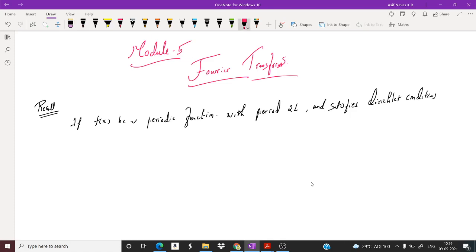Dirichlet conditions mean it's periodic, with only a finite number of minima and maxima and a finite number of discontinuities. Those conditions are called Dirichlet conditions. Then f of x can be represented as Fourier